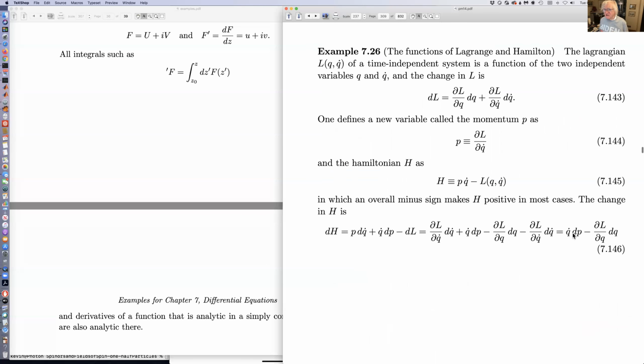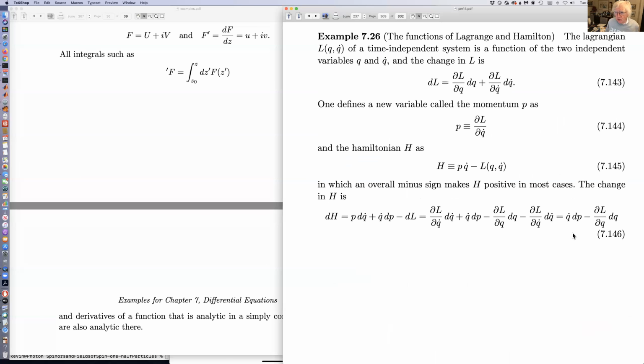Now in physics, this actually is quite important, and it crops up more than one would think, although in elementary textbook examples, you don't see it because